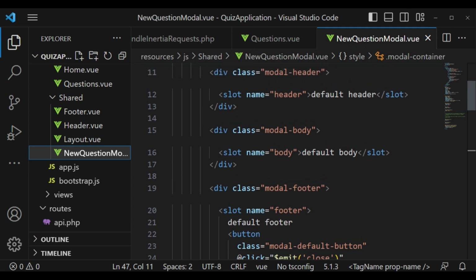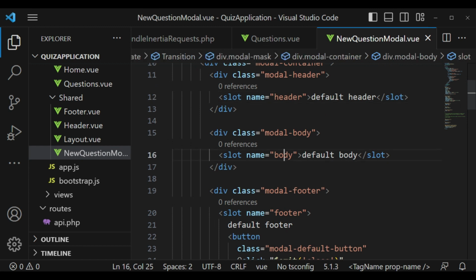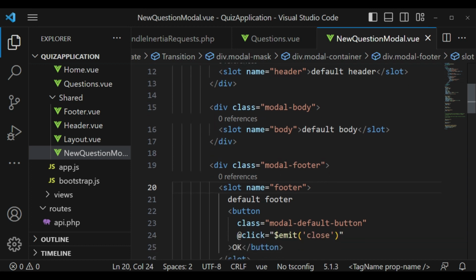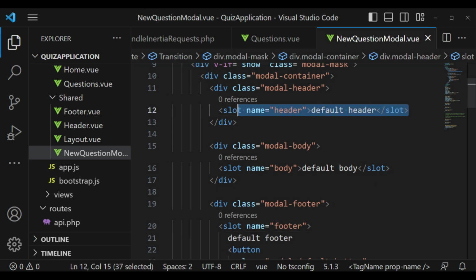I want to scroll up. As you can see, we are having slots, and we have the slots for header, for body, and for footer, the named slots. So inside the header, I would like to duplicate this one